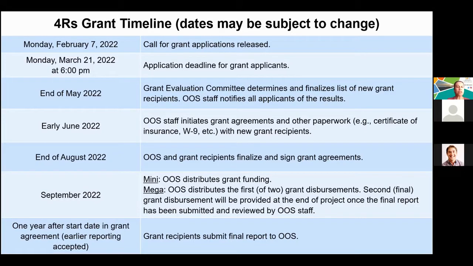By the end of August, OOS and grant recipients will finalize and sign the grant agreements. In September, we ideally start grant funding distribution for both mini and mega grant applicants. Important to note is that mega grant applicants will receive two installments, or two grant disbursements. The first one will be at the beginning, and the second one will be provided at the end of the